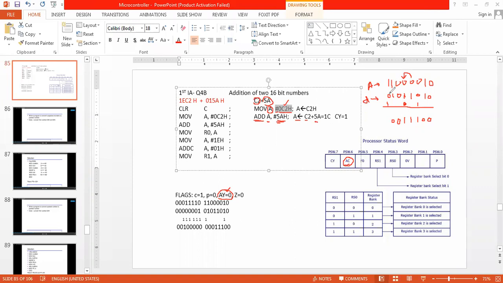And 1 plus 0 is 1. And 1 plus 1 is 0, carry 1. So there is a carry out of the 7th bit. That is why CY is equal to 1. This is CY, and this is AC.